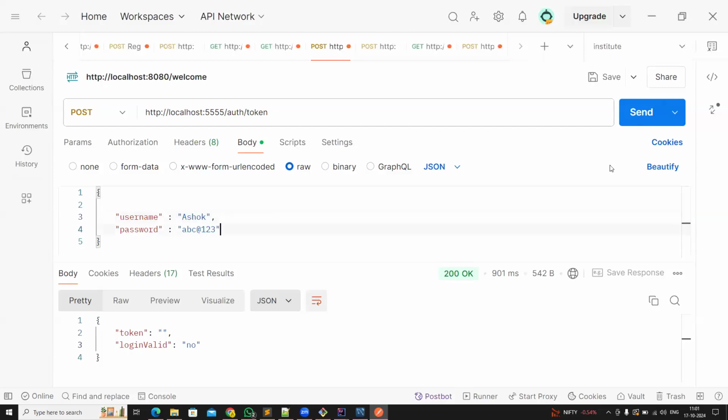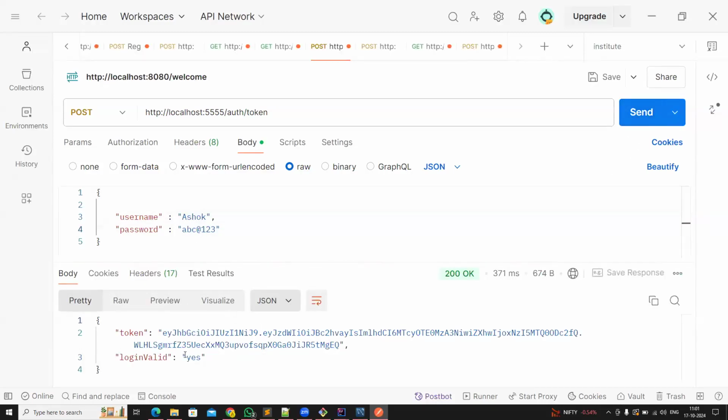Okay, username and password. When I send the request with username and password, then my token is generated. My login is valid. Yes, I got the token. Now, if you see, I accessed auth register, auth token with email ID and password. I'm able to access the details. I got my token. Now let us take this token and send a GET request to the welcome